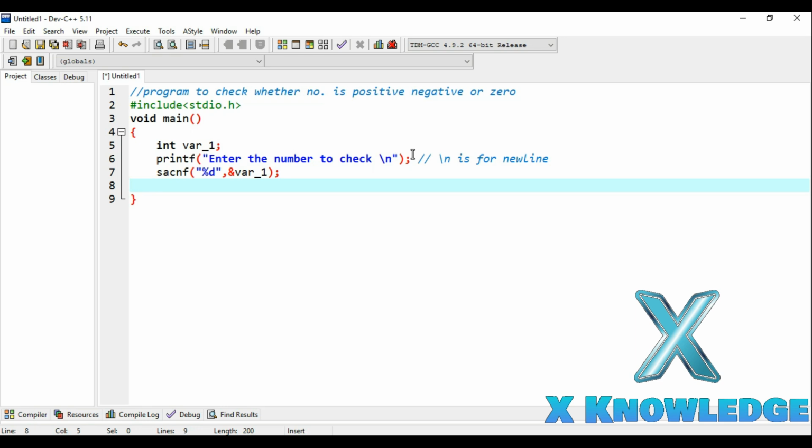Now we will use the if statement to check whether the number is positive, negative or zero. So let's start.